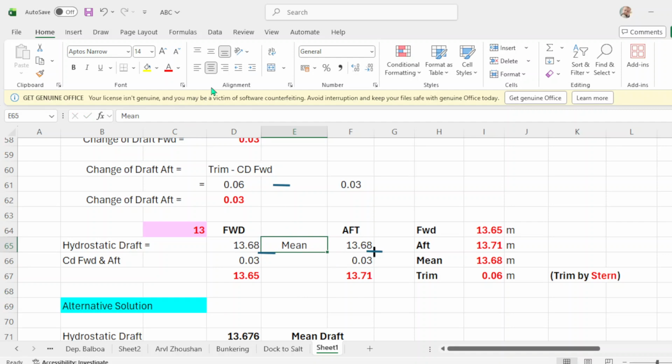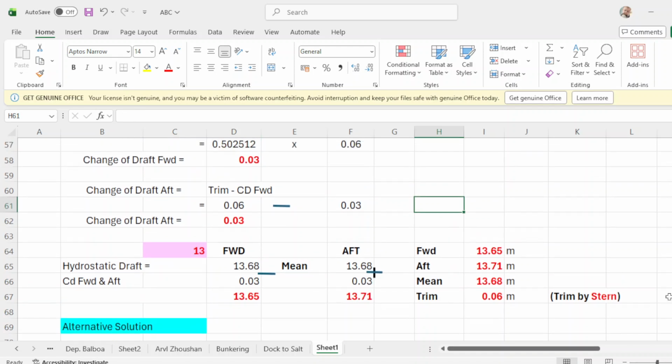Okay, that is already. Then you highlight. Okay, so with your main drop of 13.68, you add your change of drop forward, which is 0.03, and up will be 0.3. You add this one, you subtract this one because you are trimmed by the stern, meaning you are more drop up. So you deduct this one, so your forward drop will be 13.65, and you add this one will be